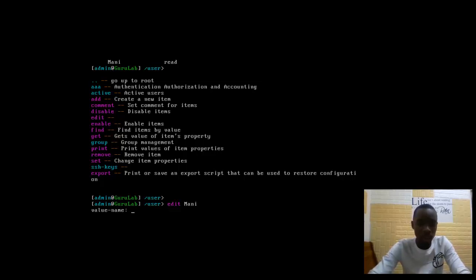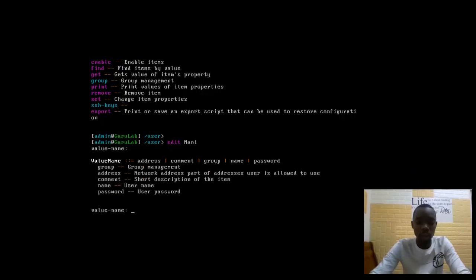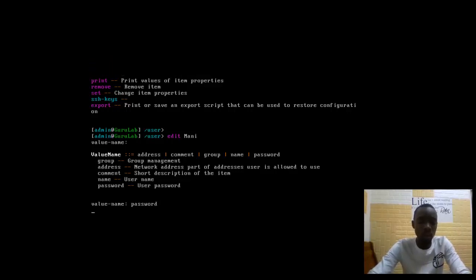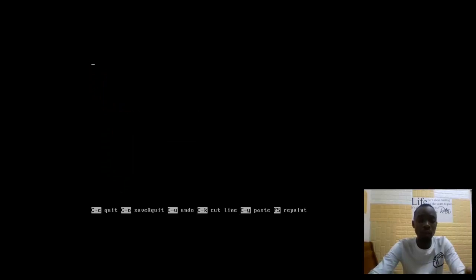If you type edit Money and ask it for the value name, just type password. Or if you don't know, just hold the shift key and press the question mark. It's going to give you all of what you can edit, like group, addresses, comment, names, and password. So we're going to edit Money password, give Money a password. It gives us something like a nano editor. So just type in the password you want for Money. And for now, this password will be visible. Maybe money